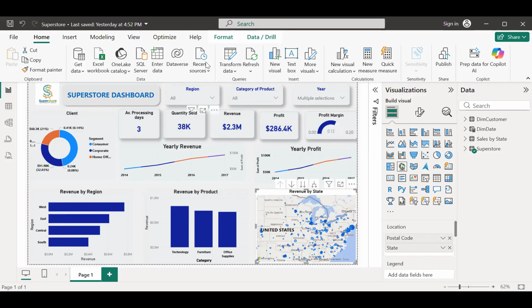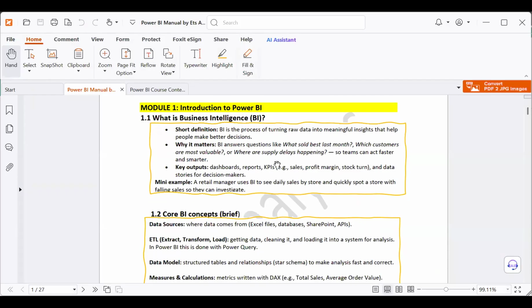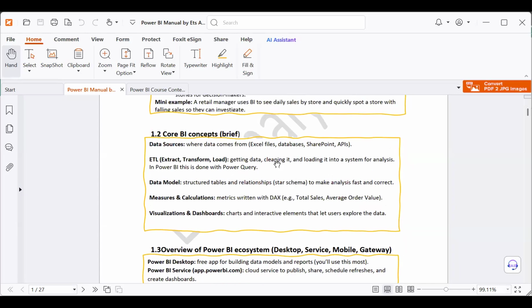So let us go back to the manual. I think we are there. And we look at the core business intelligence concepts. The first thing is the data source. You cannot analyze data that you don't have. So the data must first of all be captured and kept somewhere, right? Before you are able to analyze it. So the data sources that we have